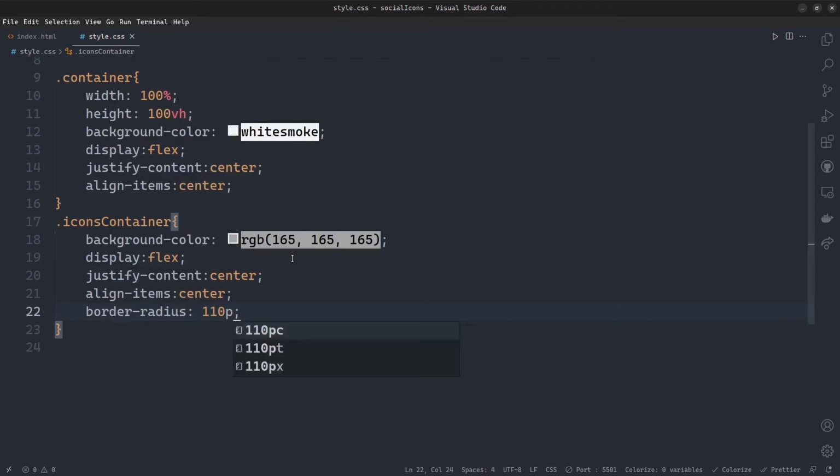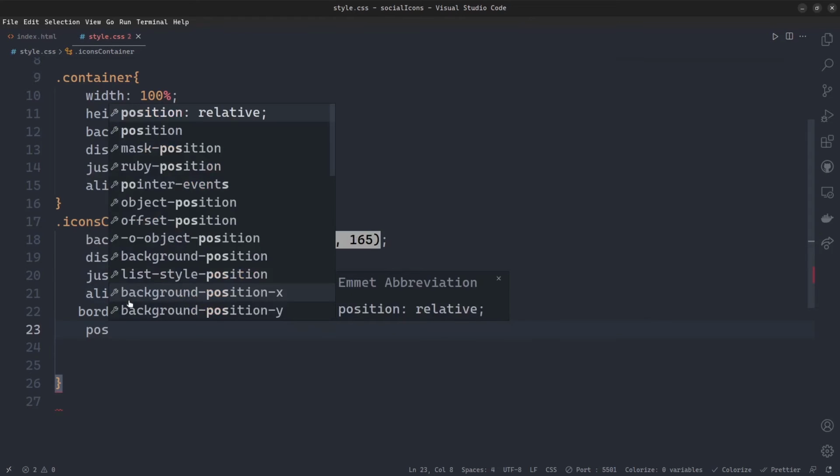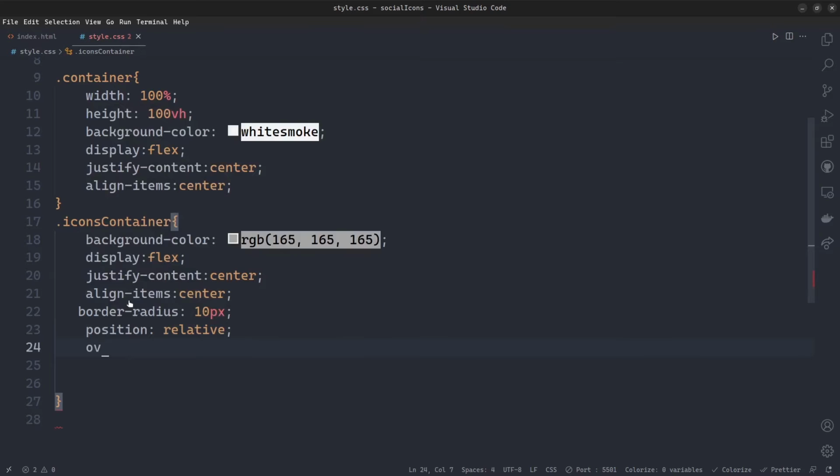Adding some border radius here, 10 pixel, to round the edges of this container. Okay, add the position relative, overflow hidden, and add the padding here, 0.5 rem top and bottom and 1 rem left and right. And add the box shadow, this one and this one. So you can see that we got the second layer of this container when our icons are